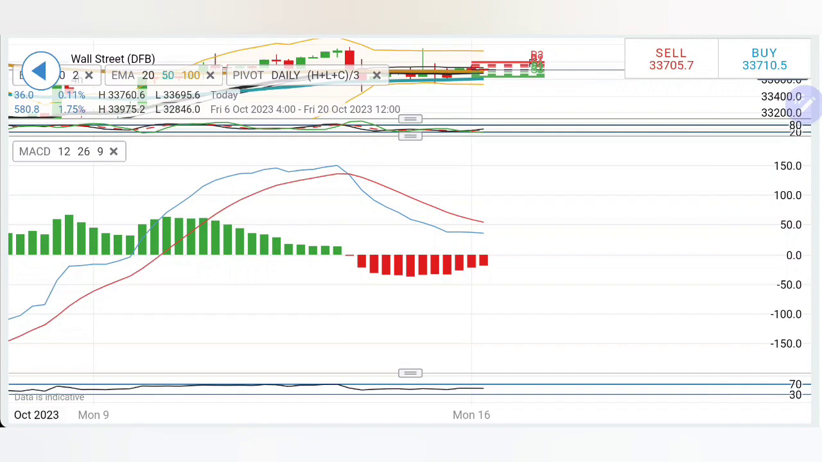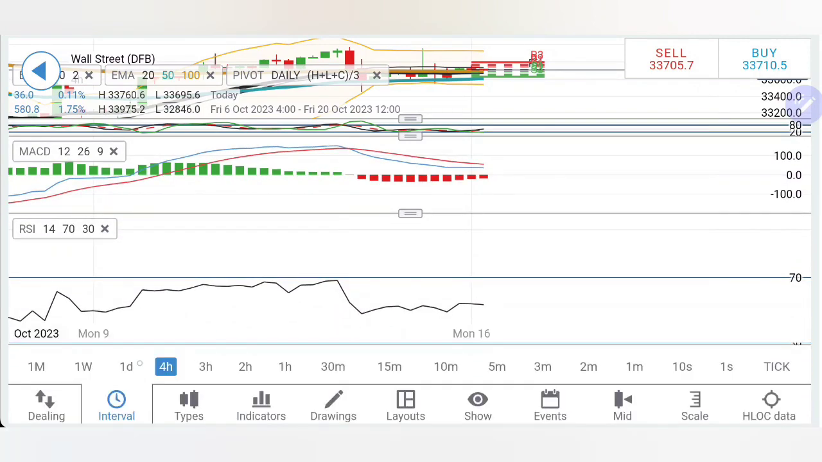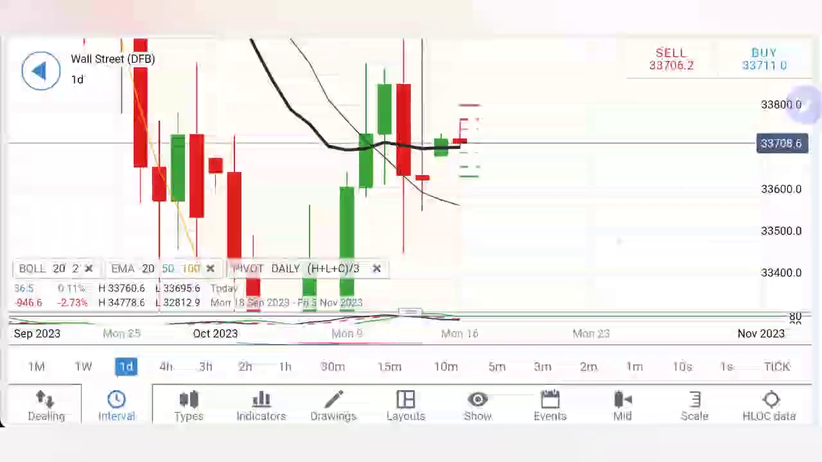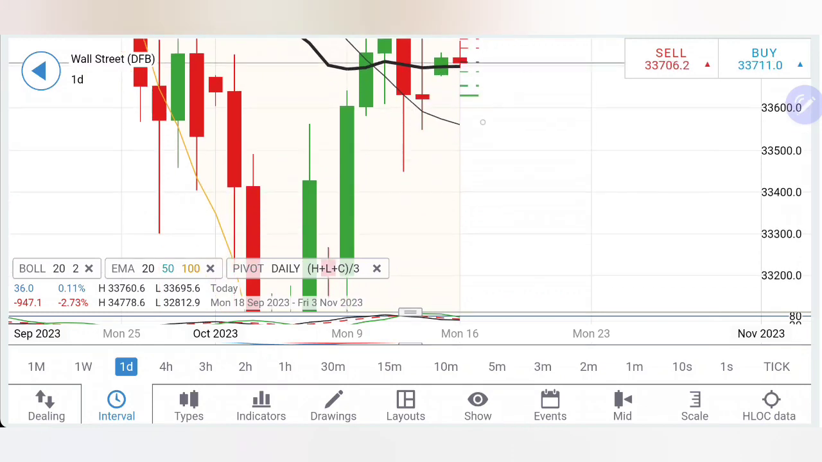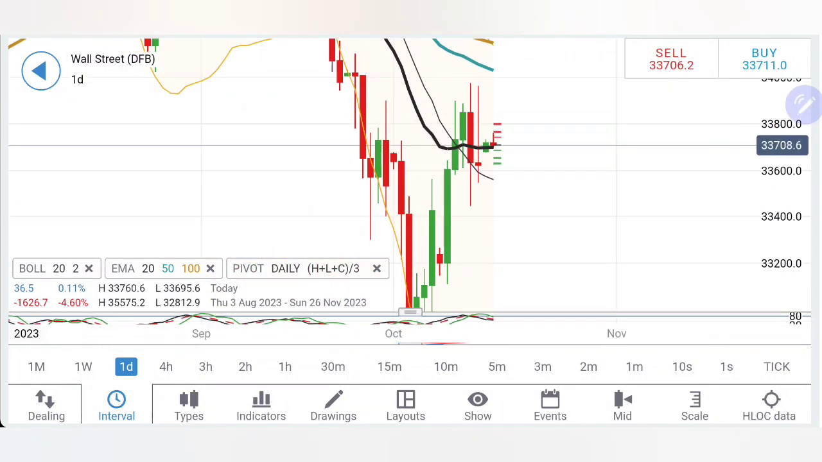Stochastic rising, MACD is bearish, trying to converge, and RSI here is flat as well. And on the daily, now see, on the daily chart there is a gap left to be filled. Also, there is a support here at 33,650 and 600 levels. I will recommend you to sell here at 33,680, expect 650, 600. Only below 600, you can say that the bears are taking over, and then we will look forward to 33,400